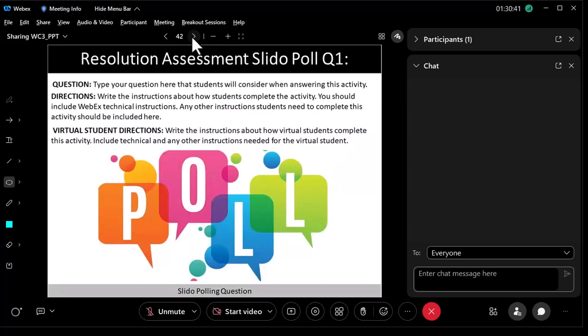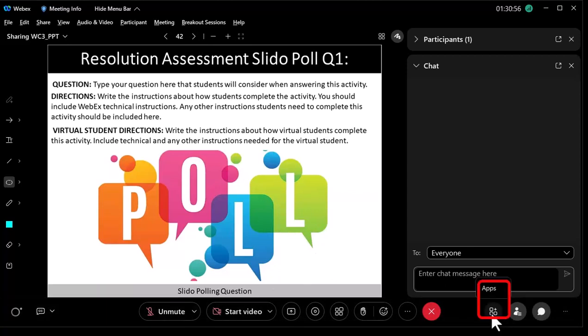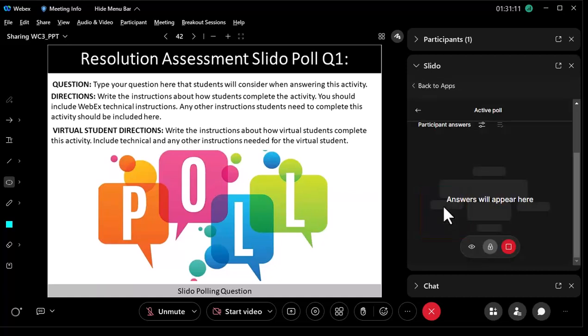And in this session, what I want you to do is a Slido poll. Slido is an application from a different company, and it comes free with the WebEx license. Down here in WebEx, there's a little icon that says apps. This is something that you should have created ahead of the session, so now you're ready to launch it in the middle of the session. That's why you don't want to take the time to do it live. So I'm going to click on apps, and then click on Slido. That does the handshake between your WebEx session and the Slido session.